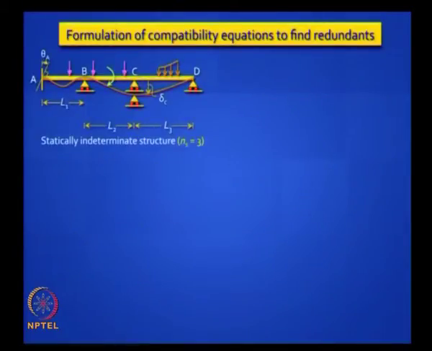Let us quickly look at a broad generic way of describing this method. I have given you in this a 3-span continuous beam subjected to some arbitrary loading, and on top of that we have got some support movements. Support A, which is a fixed end, is shown to rotate by a known amount theta A. It is a rotational slip, and support C deflects by delta C. The degree of the static indeterminacy of the structure is 3.